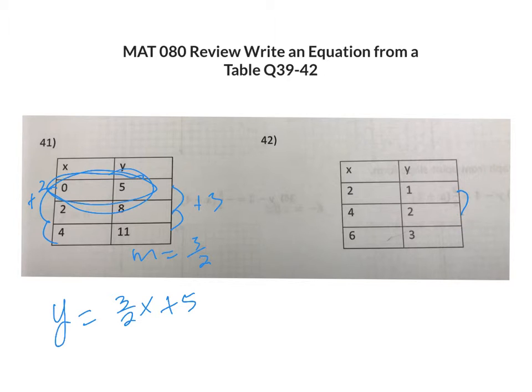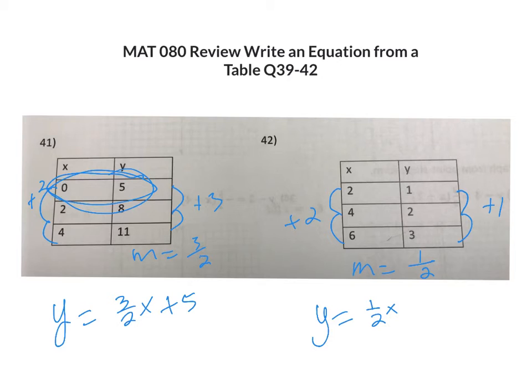How do you get from 1 to 2 and 2 to 3? You're adding 1. How do you get from 2 to 4 and 4 to 6? You're adding 2. Slope is the change of y over the change of x, so it's 1/2. So y equals 1/2 x. Now, I don't see